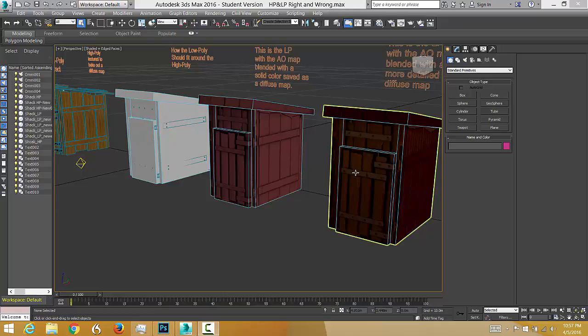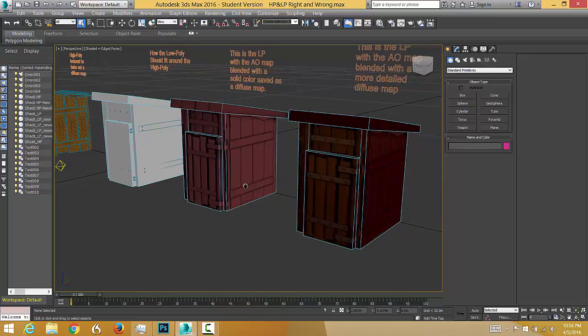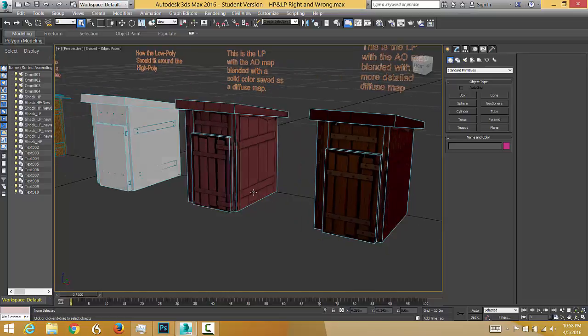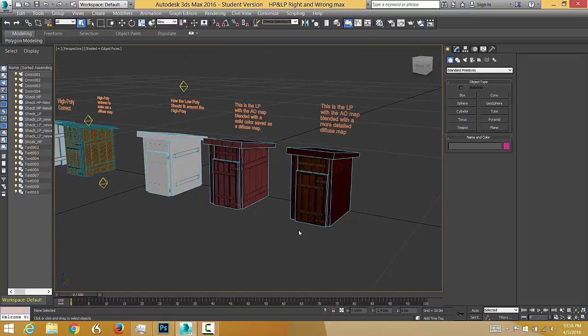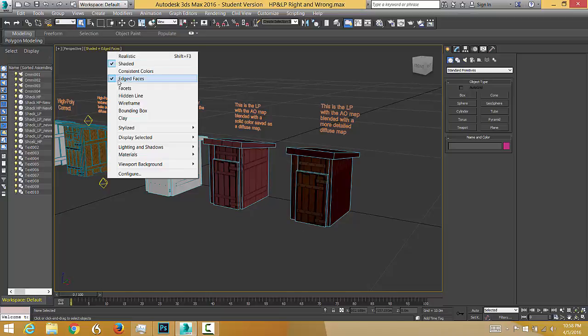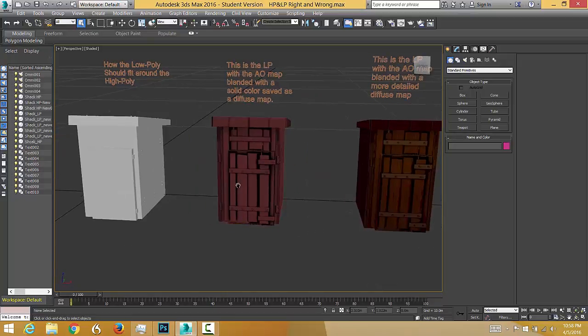Okay, I wanted to go over a few things that we are covering on this topic of creating a prop for a game, namely in Unity. So the prop here was a shack, and this is what you want to end up with. But turn off the edges here. So you want to come up with a shack, an object that looks fairly detailed,